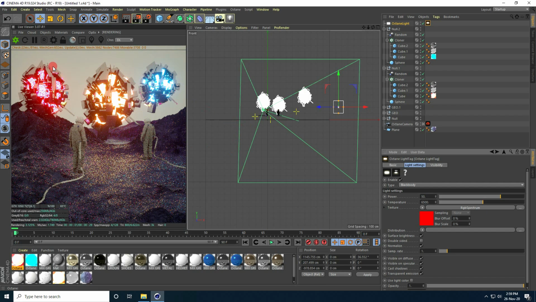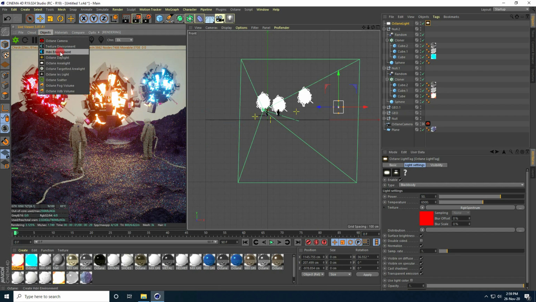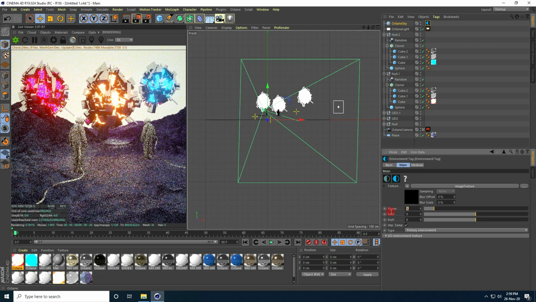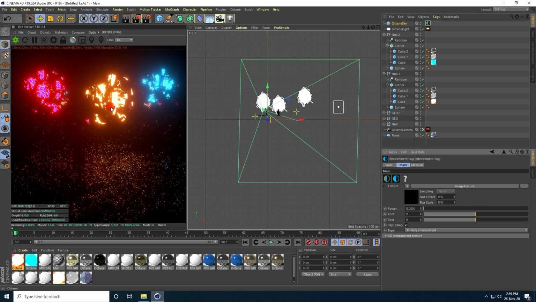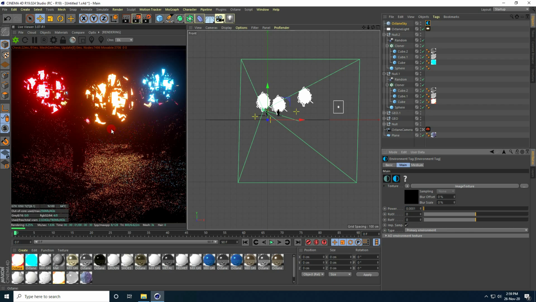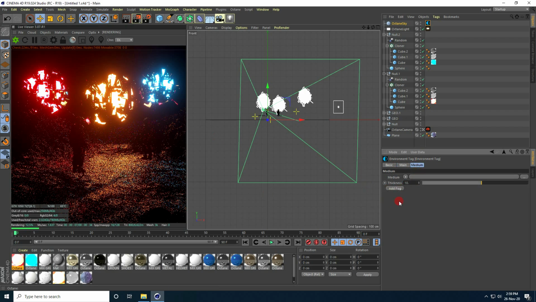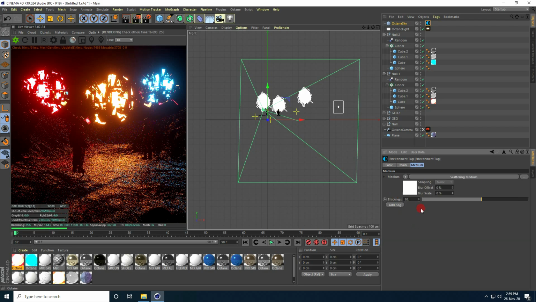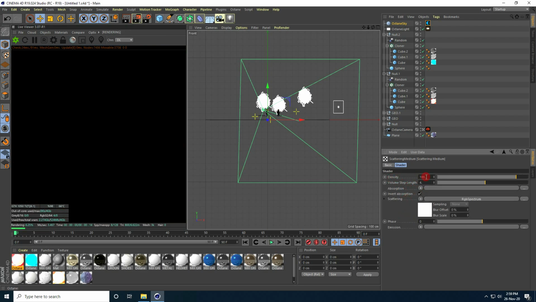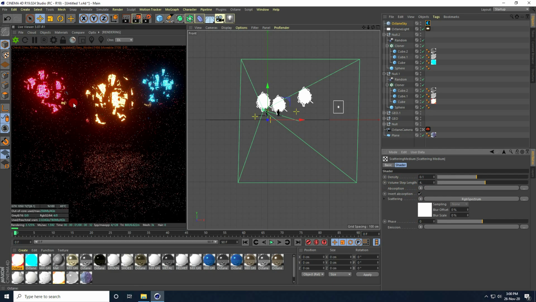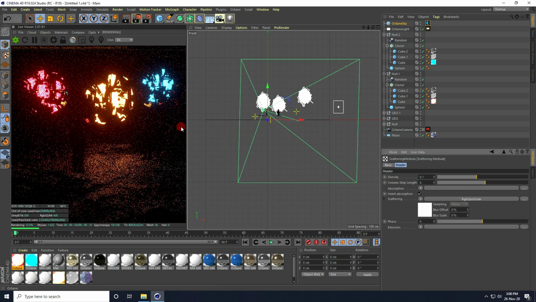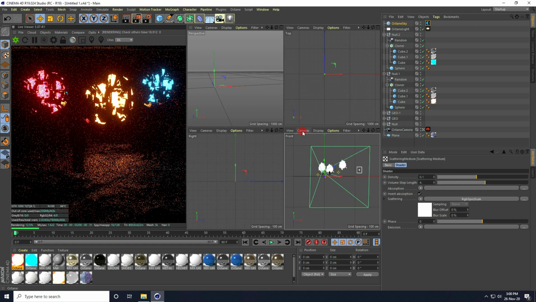Yes, and now guys, I take HDR environment. So environment power I take 0. I take black color. Yes, see guys, that's really good composition. And guys, also go to medium. Guys, I create fog effect. So press add fog and click. Guys, density I take 0.1. Yes, right. See guys.